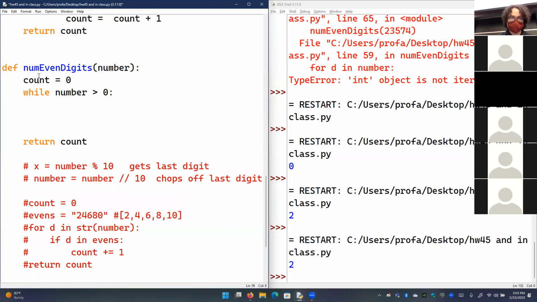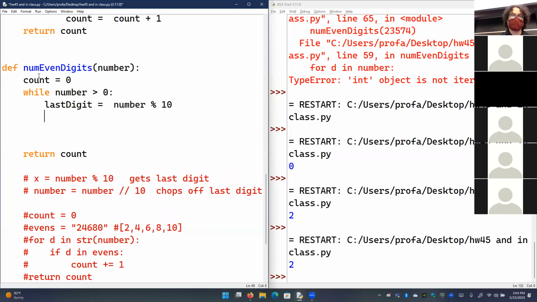So what we're going to do is, while the number is greater than 0, what are we going to do? We are going to get the last digit. Last digit is equal to number mod 10. And then what I want to do is check if it's even, and then I want to discard that last digit. I discard that last digit by saying number is equal to